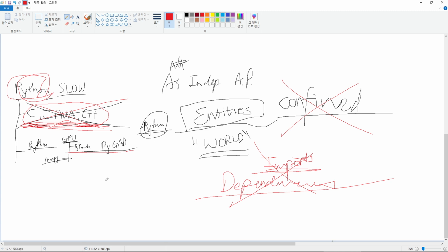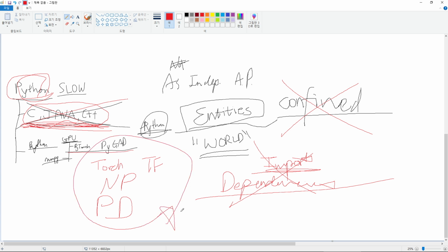I just don't want to be importing NumPy, Pandas, PyTorch, or TensorFlow. Not just yet. I don't think this is important. I don't think I should be relying on these. I don't want to rely on these ever, but I'll keep assessing the situation, trying to weigh the pros and cons. But this will have to happen.